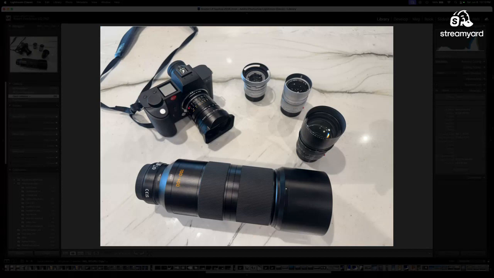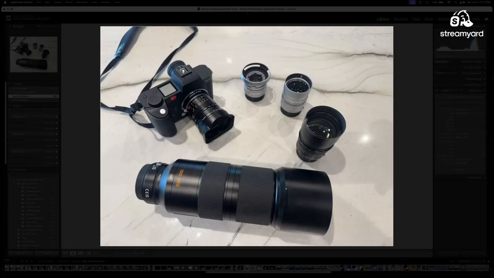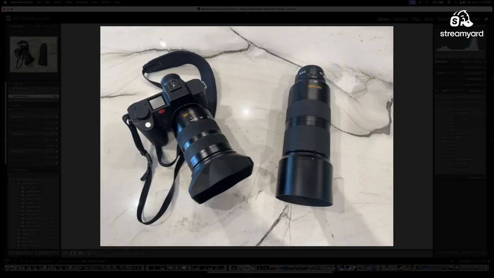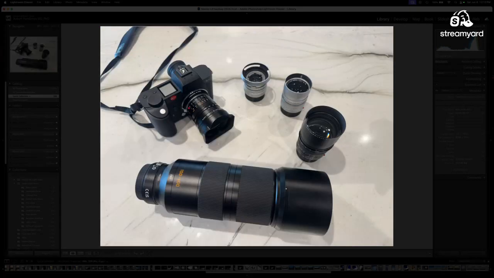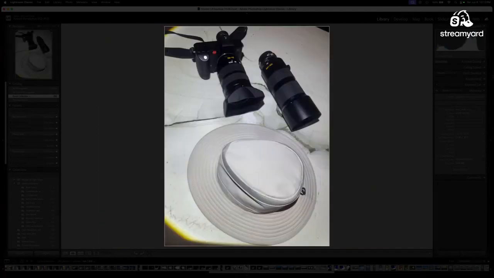So here's my current kit with my birding lens and a 1.4x converter. I'm about to go on a vacation to Europe. I don't want to carry all this stuff around. You're right, the Leica lenses are extremely heavy, but I've consolidated my primes into a zoom. I'm going to try that on our next trip. And I even got a new hat.